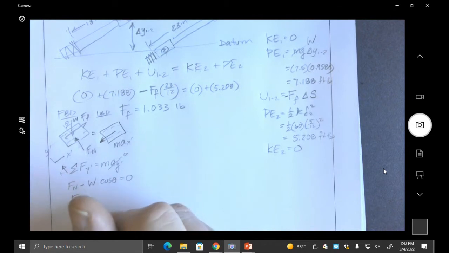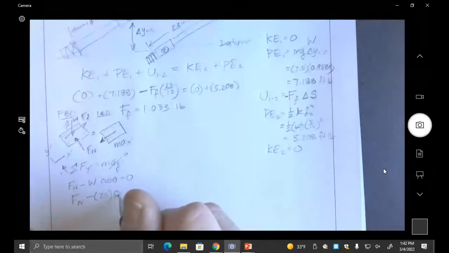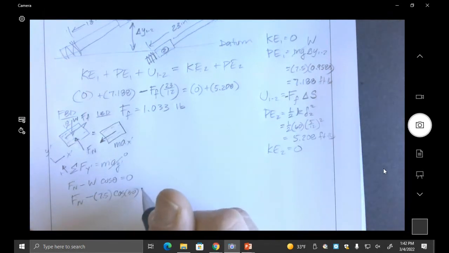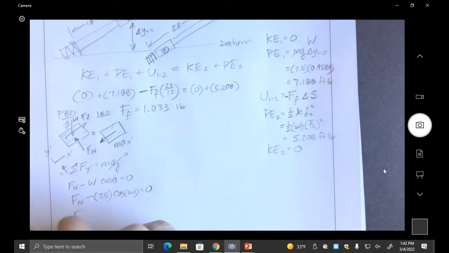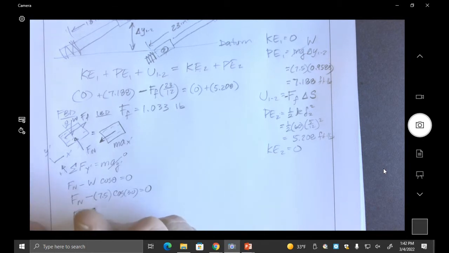So Fn minus 7.5 cosine of 30 equals 0. Fn, 7.5, whoops, not 75, 7.5, 30 cosine times, we get